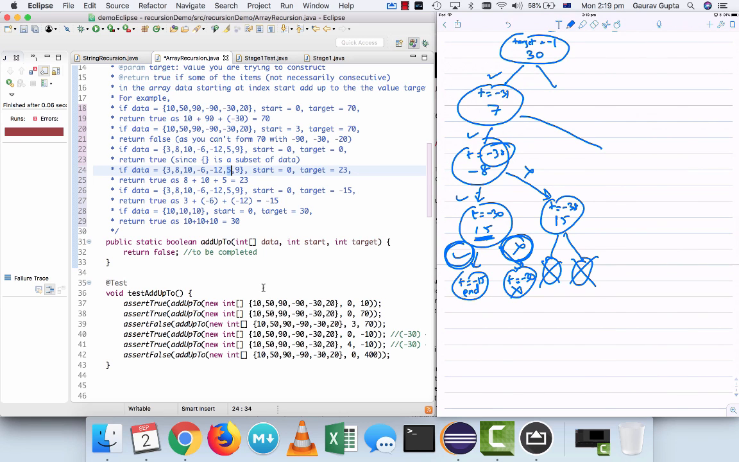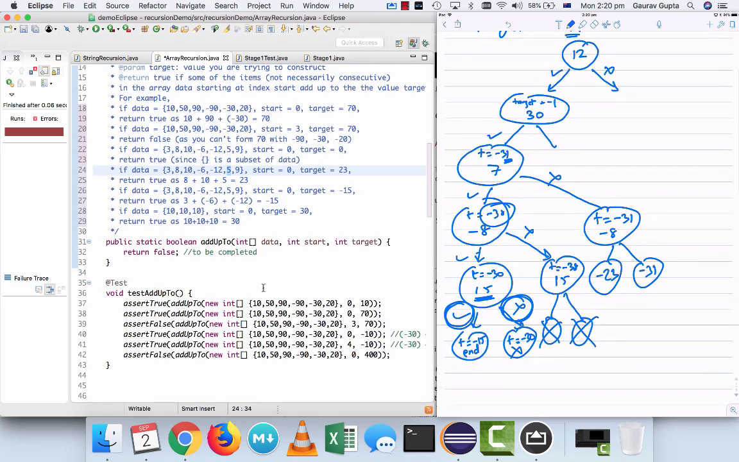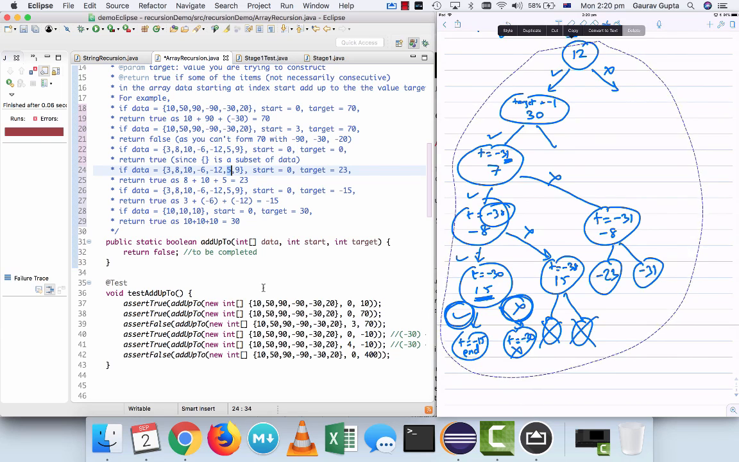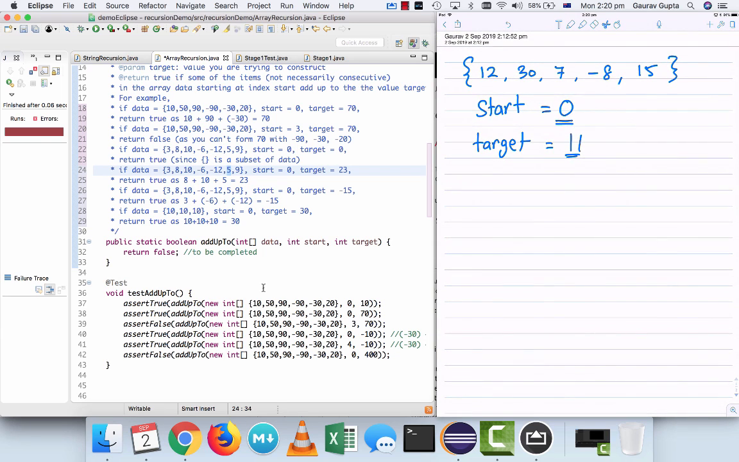So then you choose to not use 7, and if you don't use 7, your target remains minus 31, and then you choose to either use minus 8 or not. If you use minus 8, minus 31 minus minus 8 gives you minus 23. If you don't use it, it remains minus 31. In this way, eventually you'll see that starting with 12,